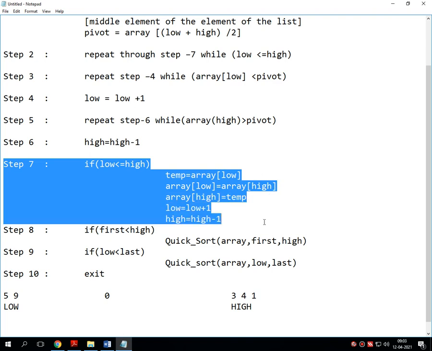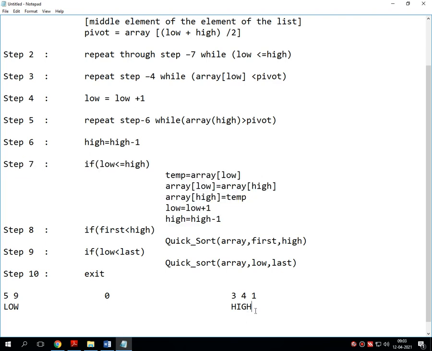Now once all this is done, it internally sorts every number. That means this 5 and 9 gets internally sorted, as it is already sorted. 5 is lowest and 9 is highest on the right hand side. On the left hand side, 3 is compared with 4.